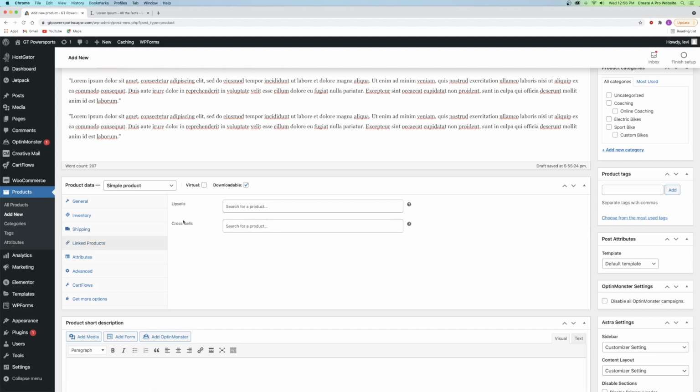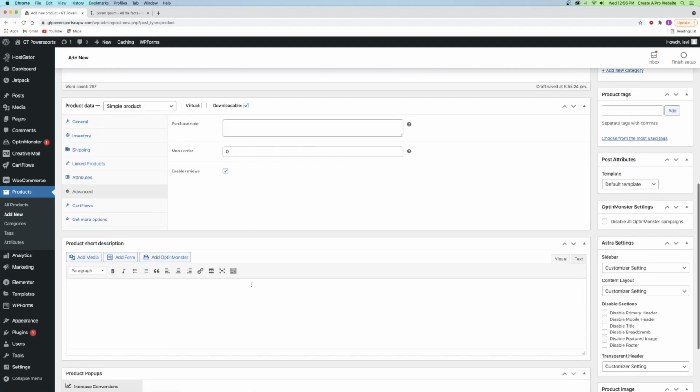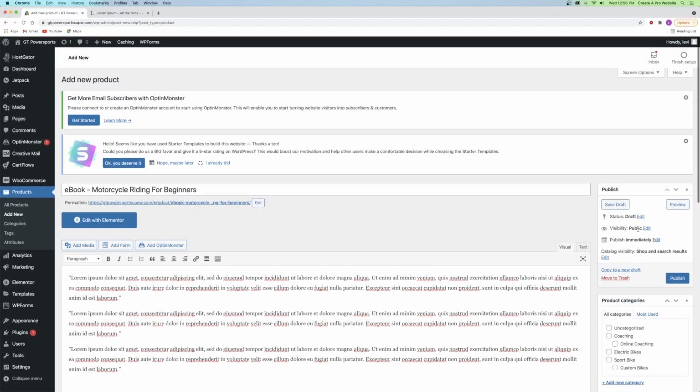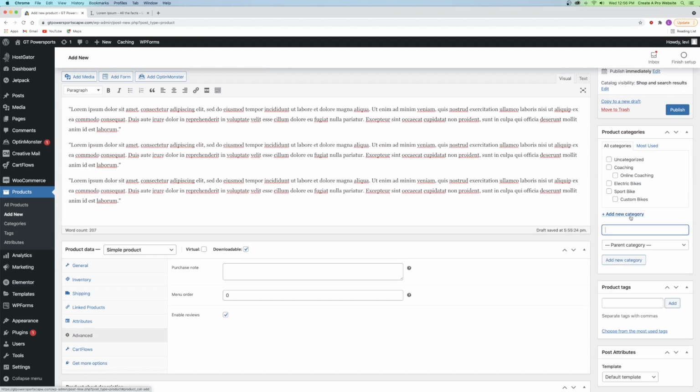We could upsell and cross-sell, but again, I'm going to get to this after we set up products. No attributes, and then if you want to enter a purchase note, you can. Perfect. So now under the short description, you could say something like, just coming up with something random. Okay, so we'll go up to the top, and we can go ahead and add a new category,